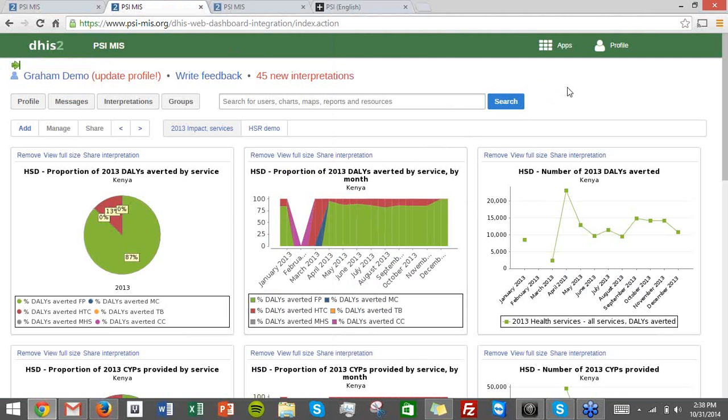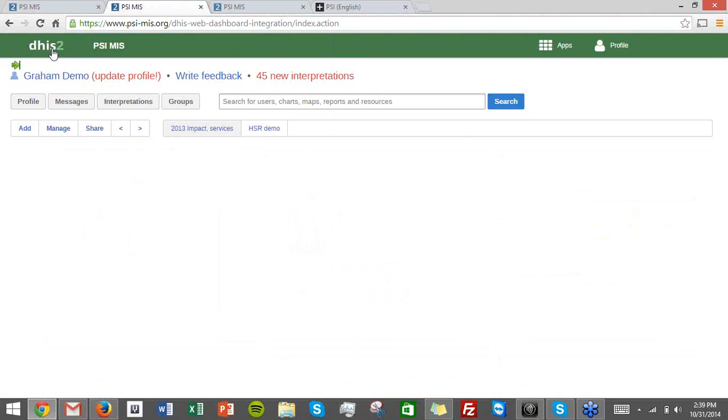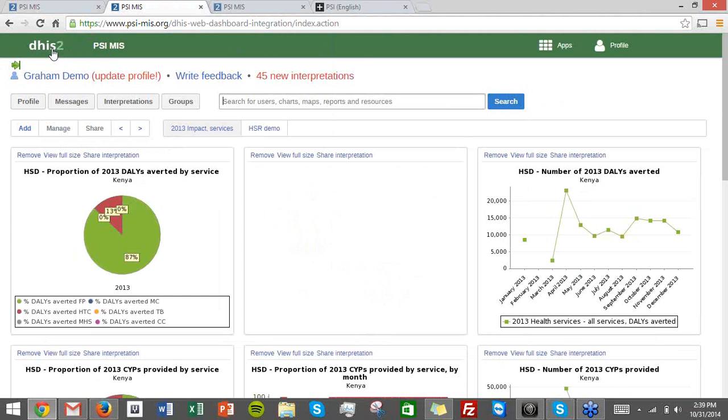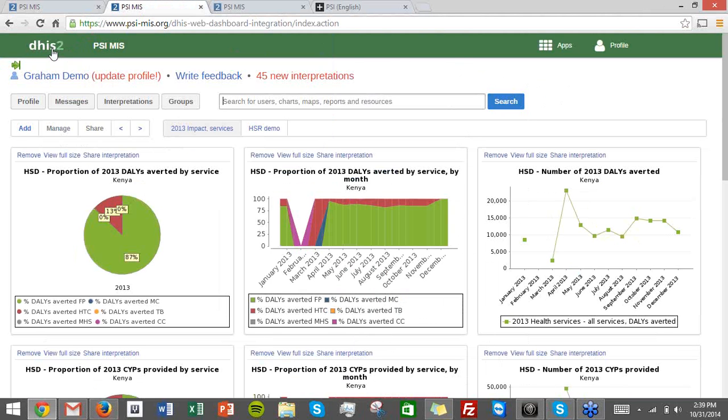So before we jump into that, I want to orient you to a few more things on this homepage here. The first is this DHIS2 logo in the upper left-hand corner of your screen. This is a link directly to your homepage. So no matter where you're at in the DHIS2, it will always take you back to this homepage. If you ever get lost or get stuck and you just want to get back home, this button will get you there. The other